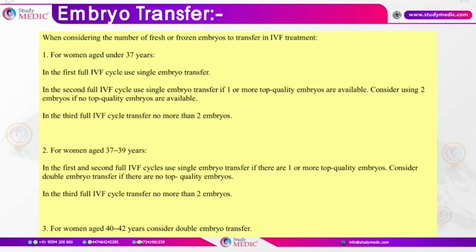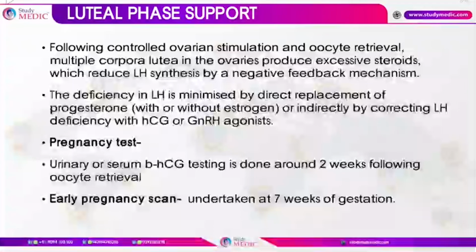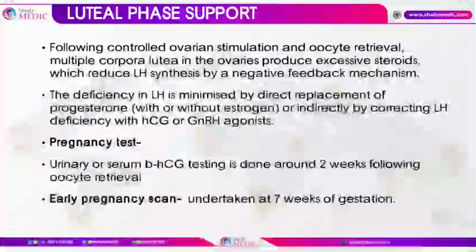Let's talk about embryo transfer. Whenever we are transferring embryos in the UK, no more than 2 embryos can be transferred as per the guidelines and recommendations. So when considering the number of fresh or frozen embryos to transfer in an IVF cycle, if the patient is less than 37 years of age, in the first cycle a single embryo will be transferred. In the second cycle, if it is good quality, then 1 embryo will be transferred, and 2 embryos if it is not of good quality. In the third cycle, definitely 2 embryos will be transferred because it will give maximum chances,